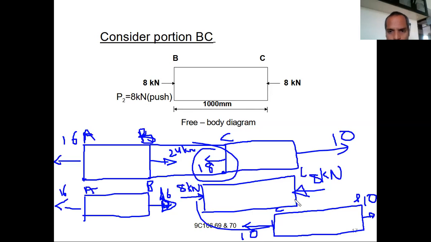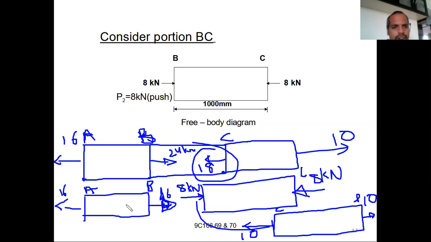C is nothing but this one. Let us see, 8 kilonewtons this side and 10 kilonewtons this side. Both are in the same direction, right? So 10 plus 8, 18. 18 is also given in the problem. Is it matching? Yes, it shall match. Then only your free body diagrams are correct. So free body diagrams are very, very important. If you are able to draw the free body diagrams, it is absolutely very easy to solve the problems.